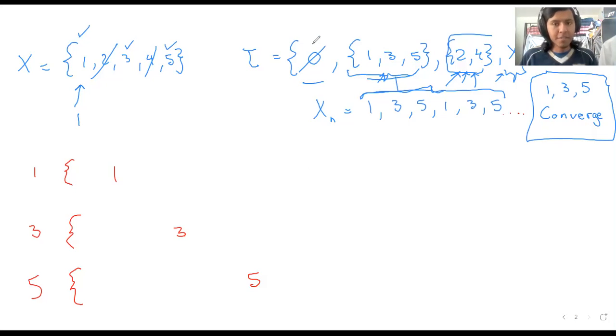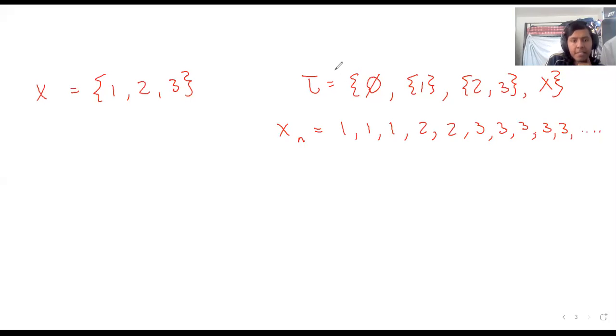Actually, let me check for one problem. I didn't really see a problem I would have liked to show, but I made this one up real quick. So we have our universe, our topology, and the sequence. As we can see, the only one that contains 1, 2, and 3 is right here, the universe with 1, 2, 3, but the sequence will only repeat 3 after here.